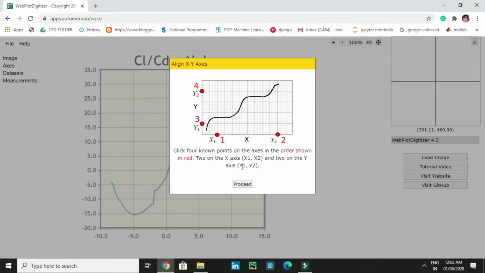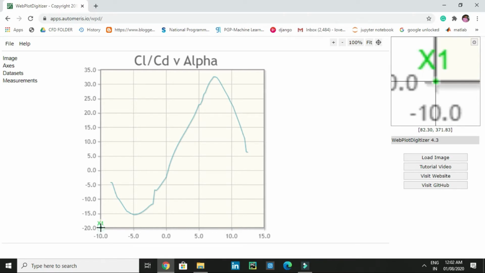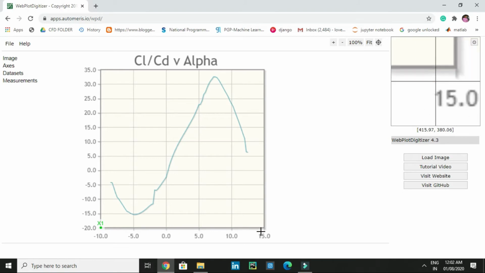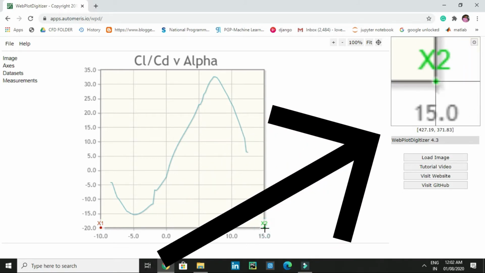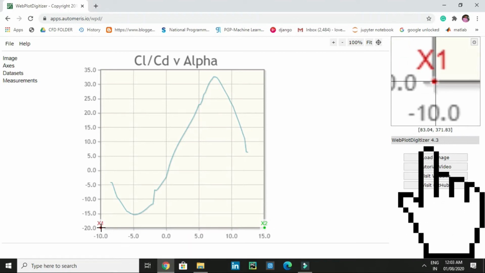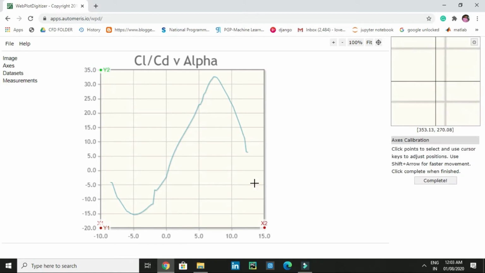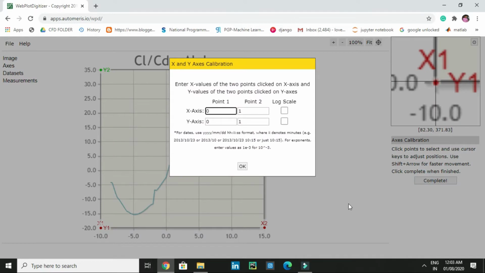So now we need to select our points on X and Y axis. So let's say proceed. Now let's click on our points that we want on X axis and Y axis. When you are selecting points, that shows here by zooming your selection point. So here you can see how you can select these points, and you can select perfectly by using this option. Now let's say complete.